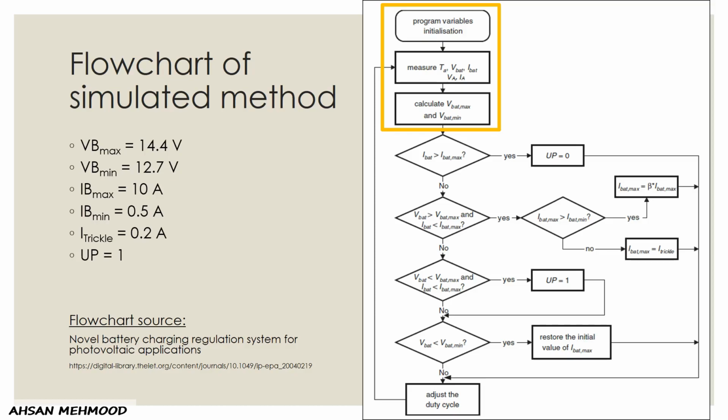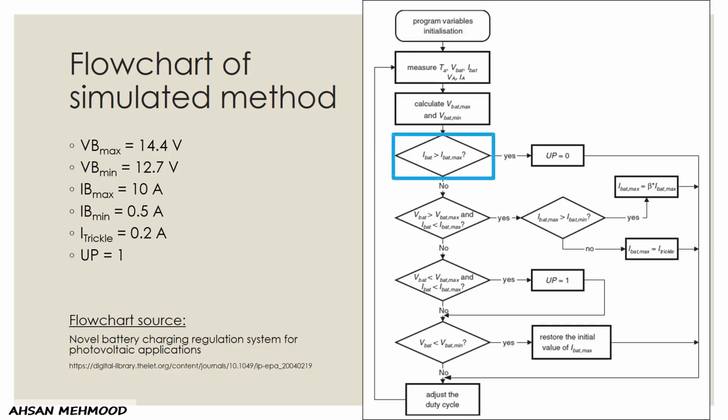In this algorithm, a control variable denoted by UP is used to turn on or off the MPPT algorithm. The default value of which is set to 1, which means it will turn on the MPPT process, and if its value is 0, it means to turn off the MPPT process and open circuit the PV array. You should note that the MPPT P&O algorithm has been used in this simulation to track the maximum power point.